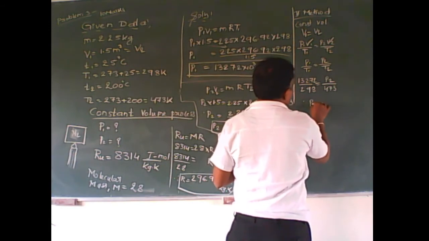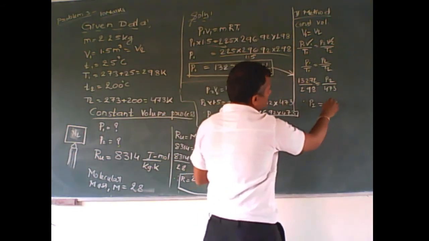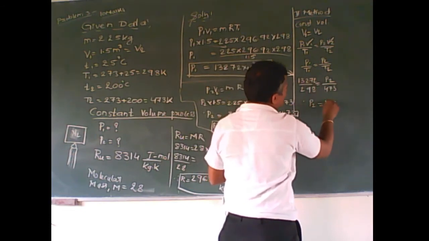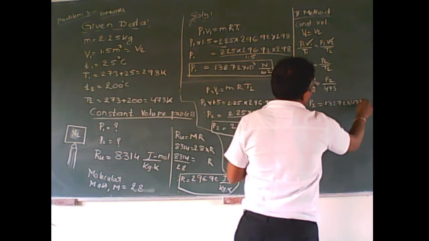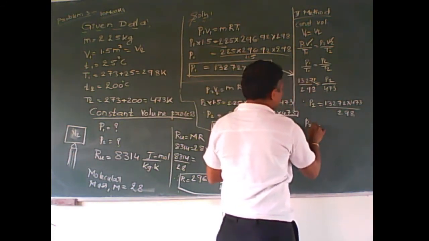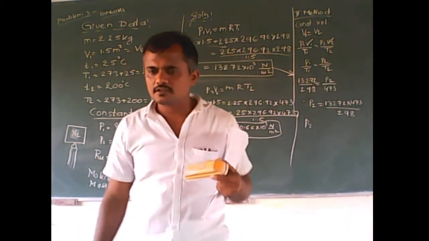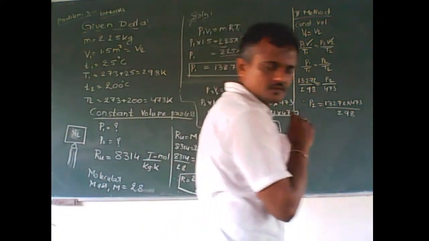Therefore P2 is equal to how much? We can cross multiply, this goes to the numerator side, 132.72 into 473 upon 298. So in this method we can get the value of P2 as 2.09